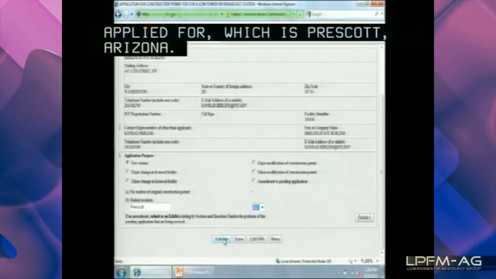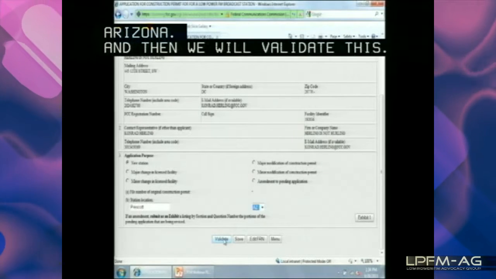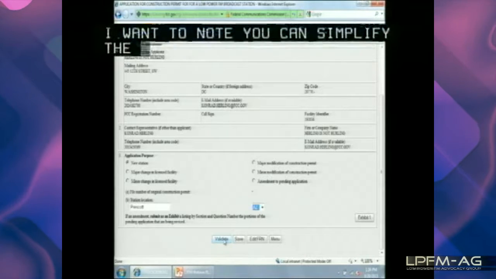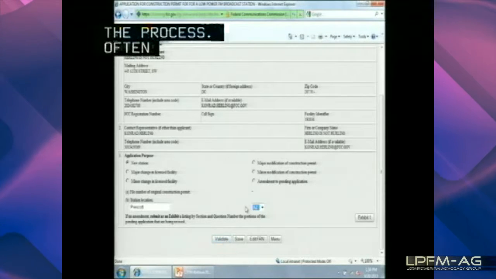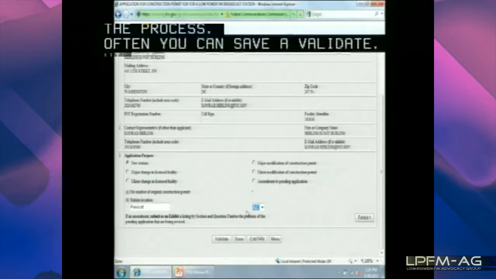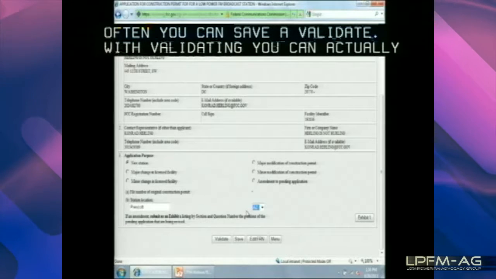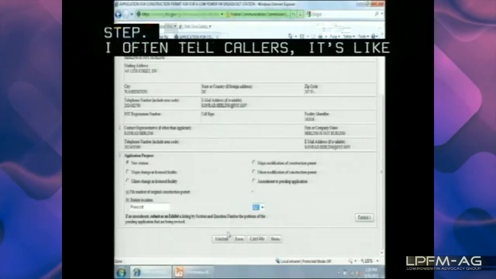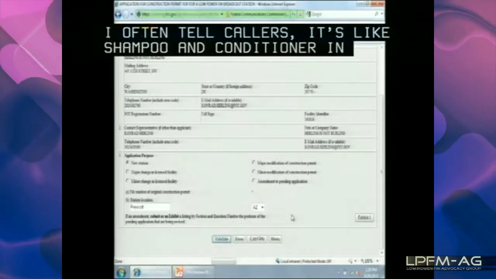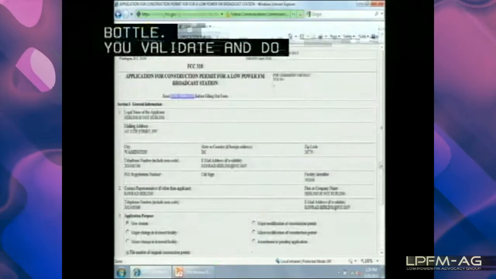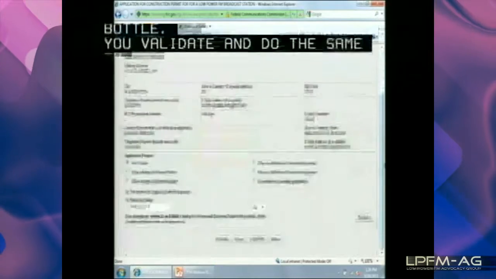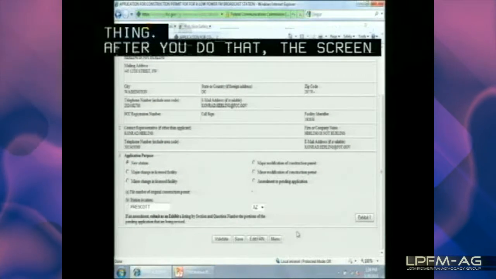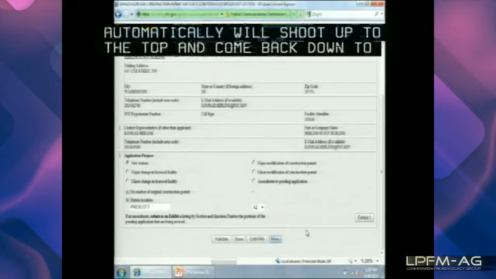I want to note that you can simplify the process. Often you can save and then validate, but with validating, you can actually accomplish 2 steps with 1 step. I often tell callers it's like shampoo and conditioner in 1 bottle. If you validate, it will do both the saving and the validating. After you do that, the screen automatically will shoot up to the top, come back down to the bottom of that page, click on Menu,